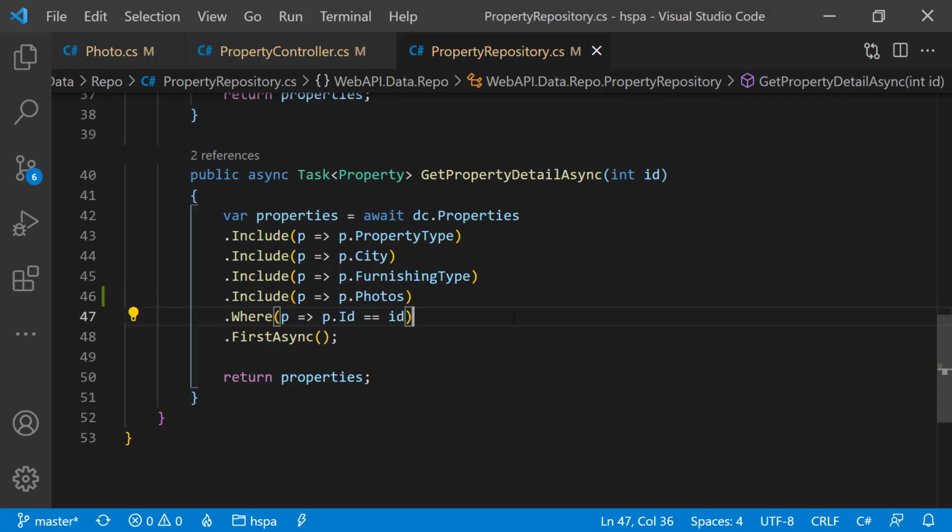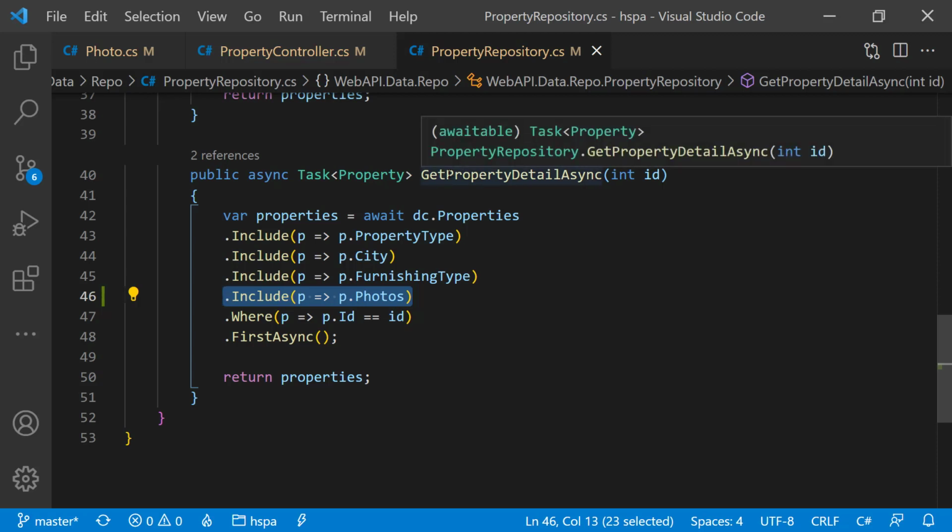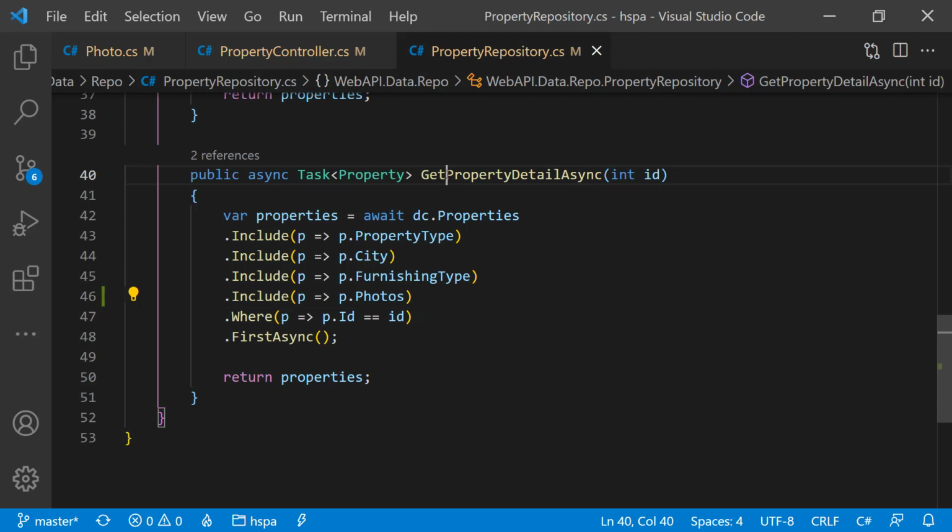So our functionality is working quite well, but some fine tuning we can do in our API. At present, we are including all the associated entities here in this method, but in order to upload the photo, we just need to include a photo entity. Including other entities will create overhead in database query, because Entity Framework will create a query to join all of these tables. And it is always good to perform joins only on the required tables for faster query execution.